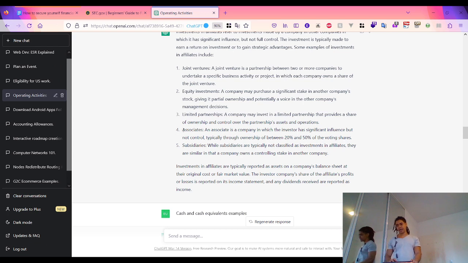Also, you have associates. All right. An associate is a company in which the investor has significant influence but not control, typically through ownership of between 20 and 50% of the voting shares. So, examples of associate: